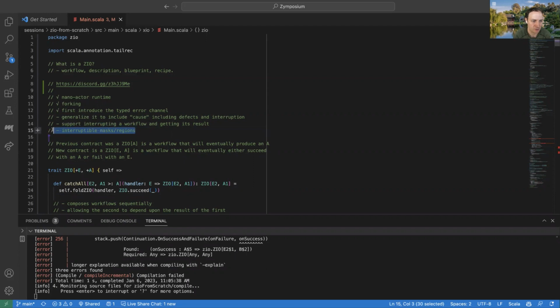And then I think we have our stretch goal here of implementing this concept of interruptible and uninterruptible regions. This is probably something that you work with a little bit less directly if you're a ZIO user, unless you're doing something pretty advanced, but it is used to implement some of the ZIO operators. The idea is that once you allow interruption, then to have things like resource safety, you need to be able to create regions where you say, I don't want to be interrupted here, because you might be opening a resource and adding a finalizer, and you need to make sure that you don't get interrupted between acquiring the resource and adding the finalizer.